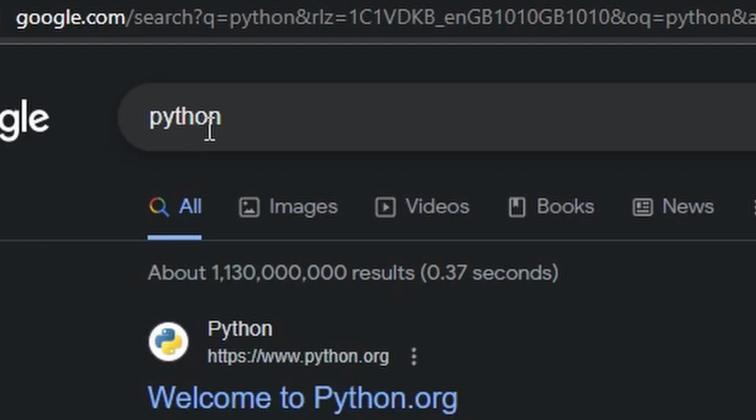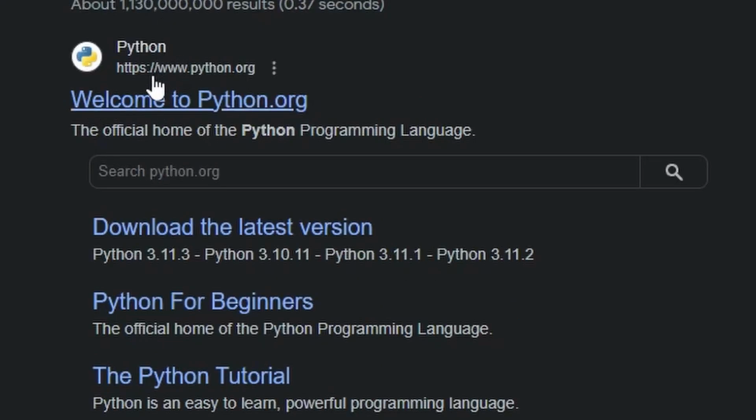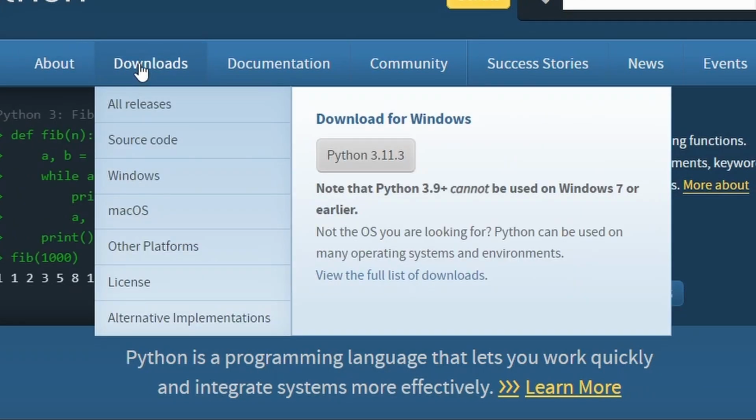So if you type Python into Google, before you install the IDE, you'll have to download Python itself. So if you go and type Python, python.org is the official website. Once you hit it, if you go to downloads, you can click on Windows for a list of versions, but the download for Windows is auto-detecting the machine, Python